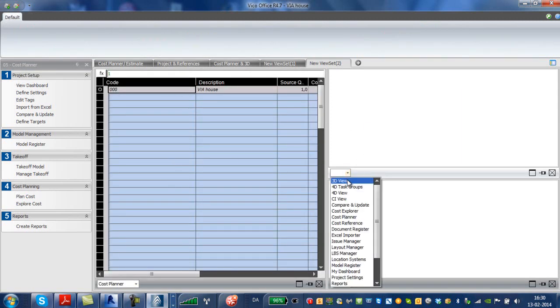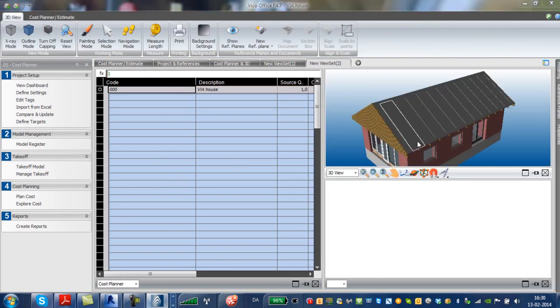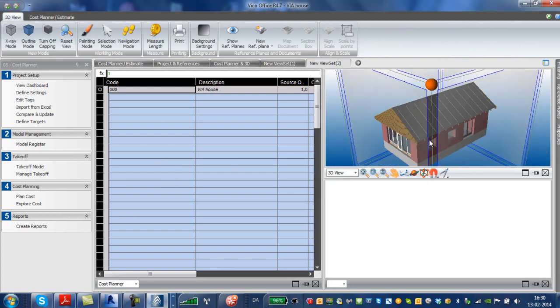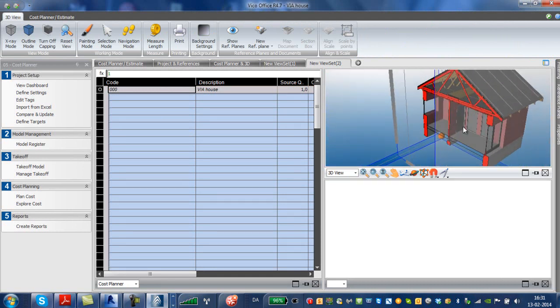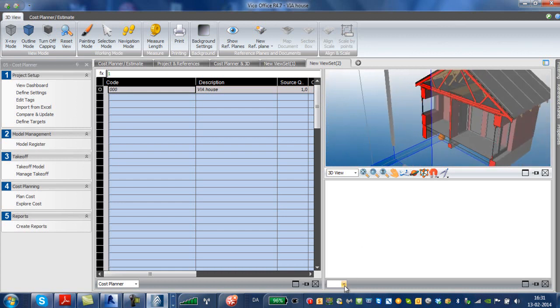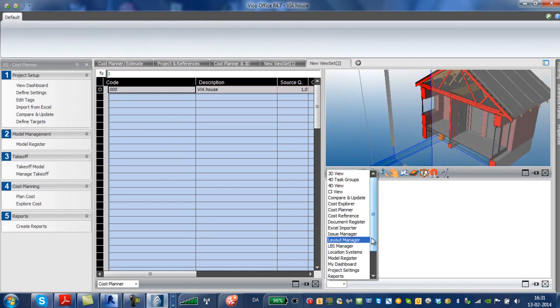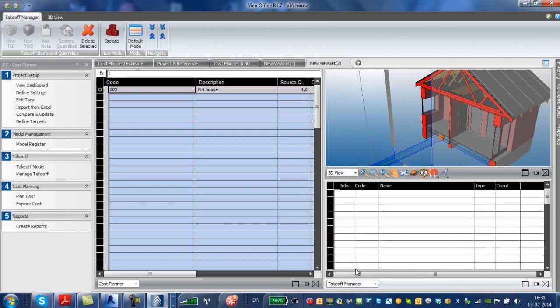I can open my 3D model here, my 3D view here. And here we can see the 3D view. Go and click on there. And again, I can activate this surface here and push it in, so I can see my 3D model here. Down here, I am going to use something called the takeoff manager. And if I click on there, I should get a breakdown of my model as a takeoff, but sometimes it